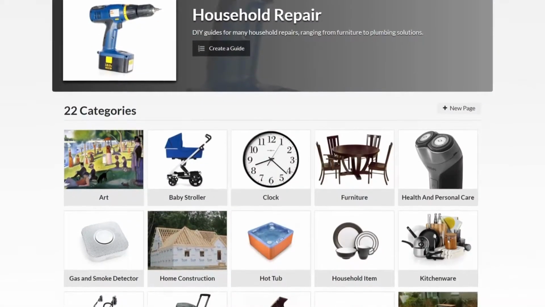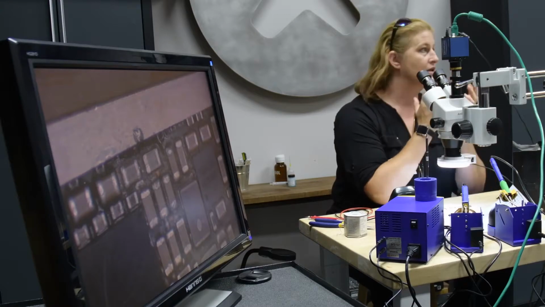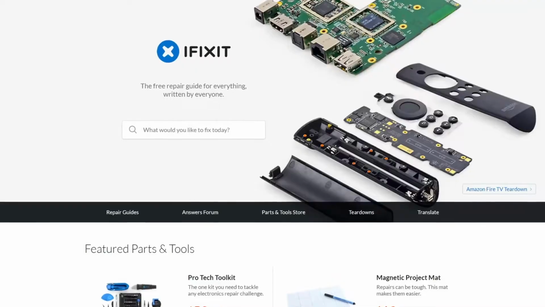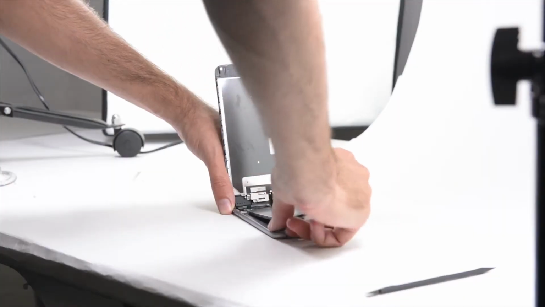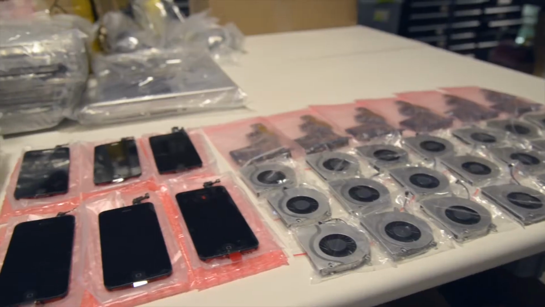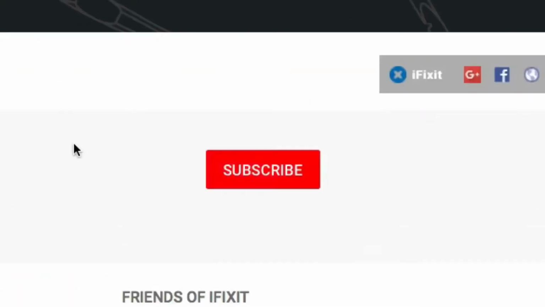Our repair guides might even help you cross a few household repairs off your weekend to-do list. Whether you're an expert DIYer or a first-time fixer, iFixit.com has everything you need to complete DIY electronics repair. From thousands of free step-by-step repair guides to our huge inventory of quality-tested replacement parts and tools, iFixit's got your repair needs covered. Click that subscribe button to be the first to see our new videos every week.